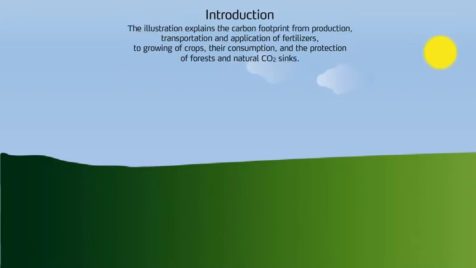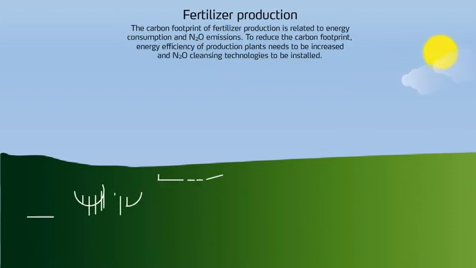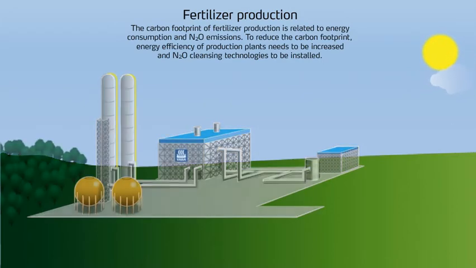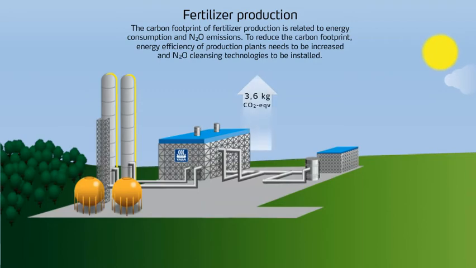The illustration explains the carbon footprint from production, transportation, and application of fertilizers to growing of crops, their consumption, and the protection of forests and natural CO2 sinks. The carbon footprint of fertilizer production is related to energy consumption and nitrous oxide emissions. To reduce the carbon footprint, energy efficiency of production plants needs to be increased and nitrous oxide cleansing technologies to